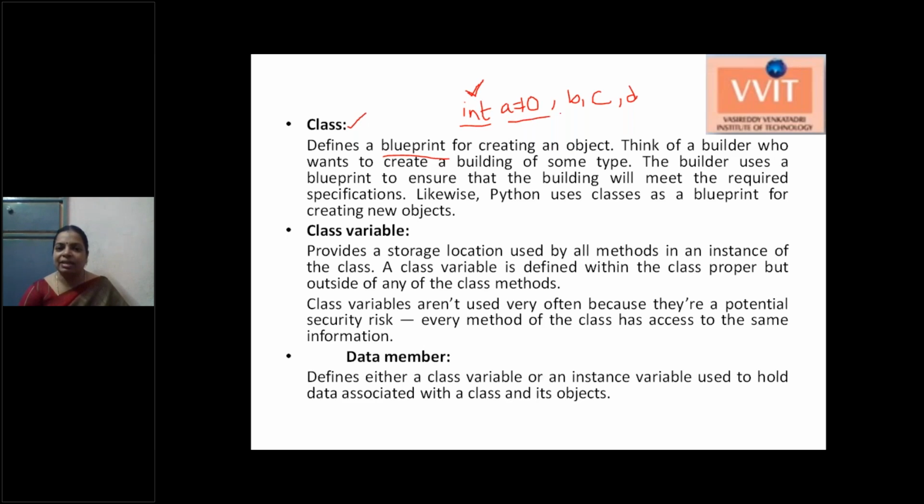In the same way, in object oriented programming also we have only one class, which defines the data type for that particular class. Whenever you want to use this class, we need to create objects. There is no limit for the objects. We can create n number of objects and use that class.